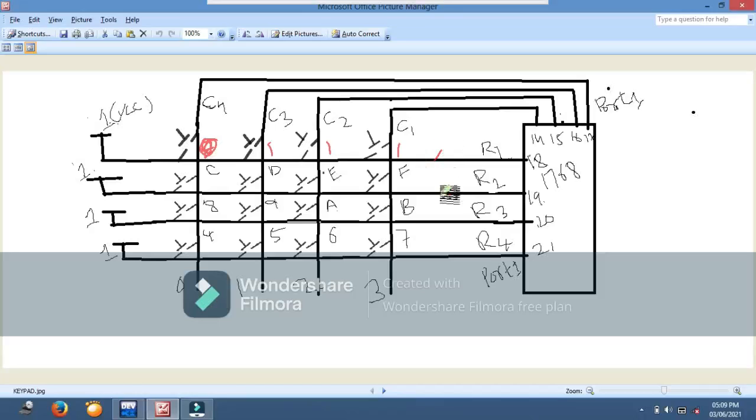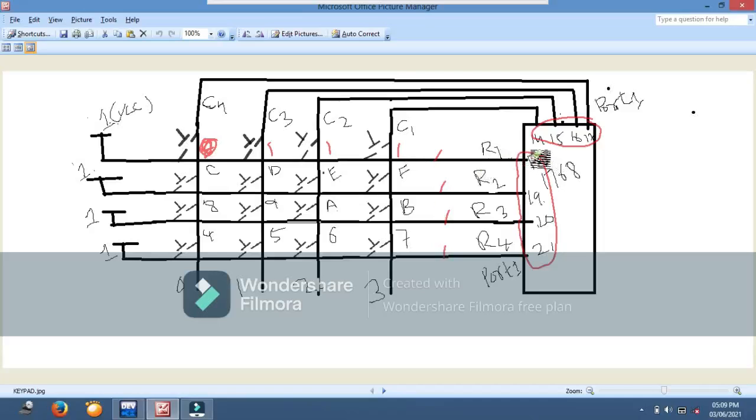Then we are reading the rows. See what we have actually done here. The columns are assigned as output ports, and these rows are input ports. From the output ports we are sending 0 1 1 1 initially.